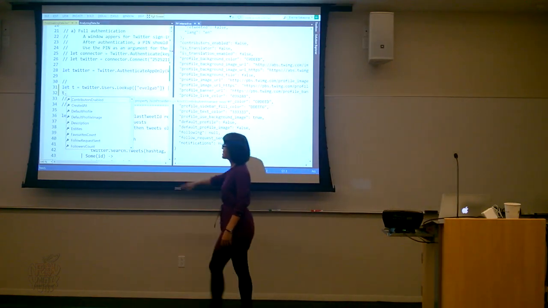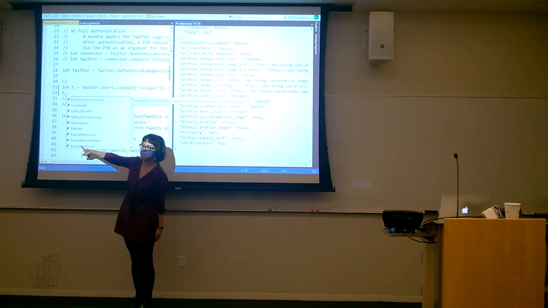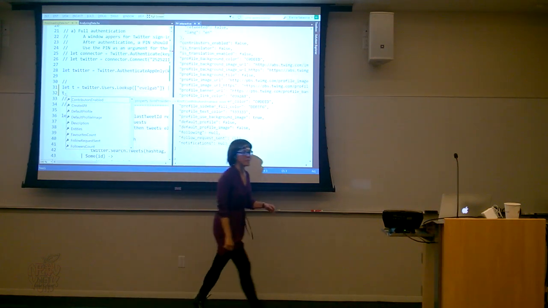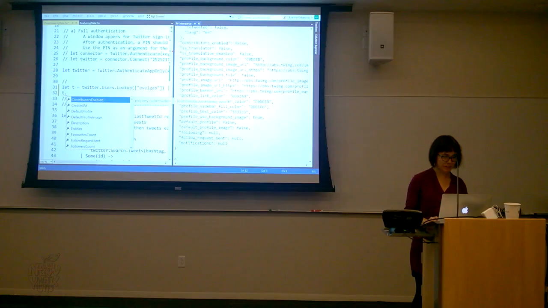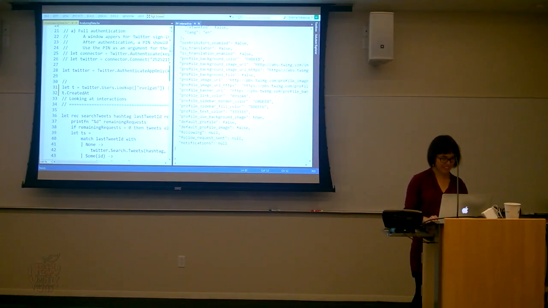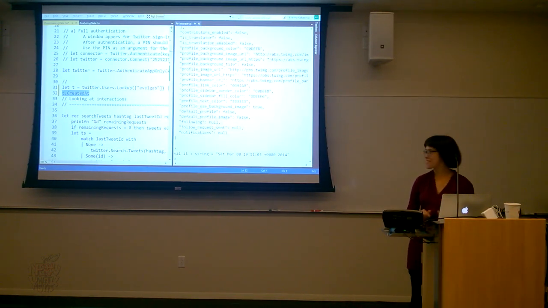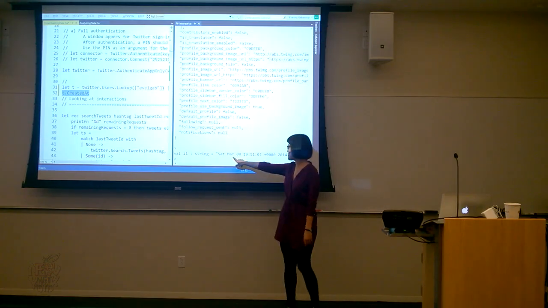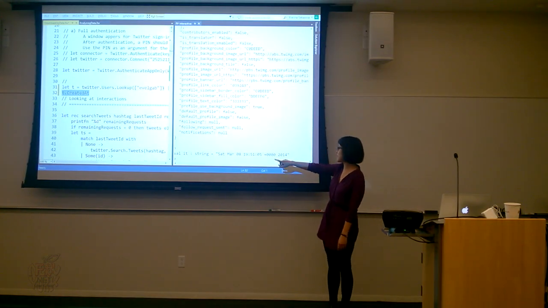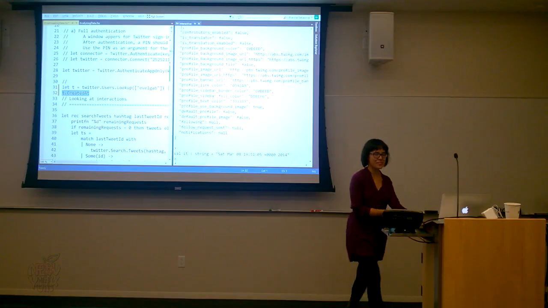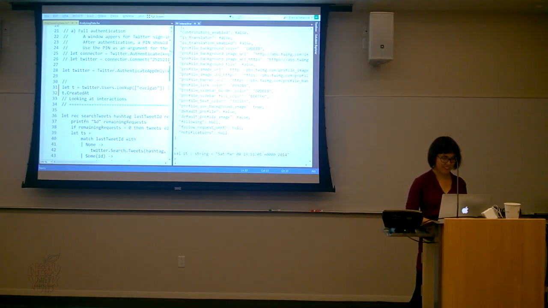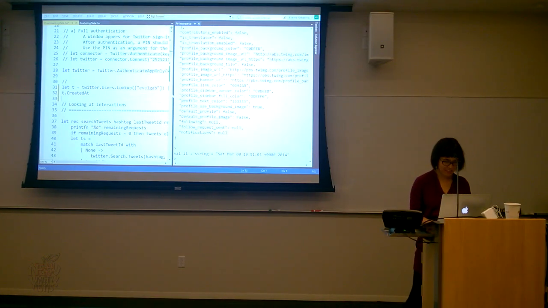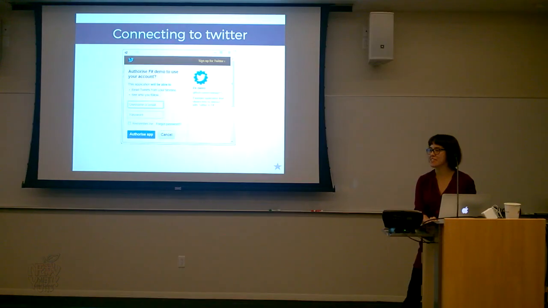And now you can see that I have all the information about my account that Twitter will give me. For example, I can look at when my account was created. And it was on Saturday, March the 8th, 2014. It's quite new. And I also know that it's a string. So it's very easy to actually look at data from Twitter.